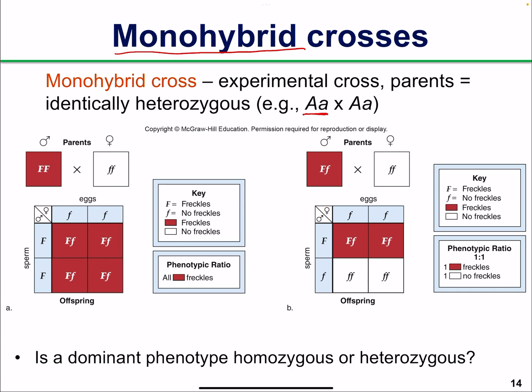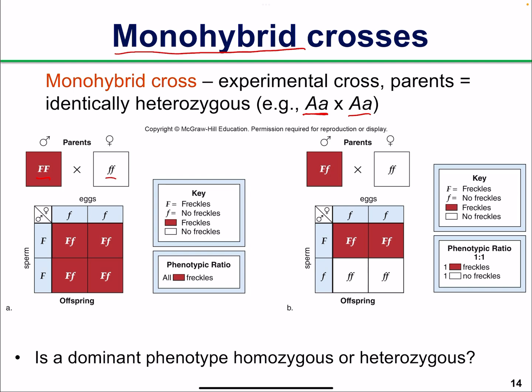Capital A lowercase a and capital A lowercase a, we are bringing them together. We're going to have the exact ratio we mentioned earlier in the previous slide in terms of genotype and phenotype, right? But question though, what if we cross parents with freckles but homozygous dominant and parent with no freckles, homozygous